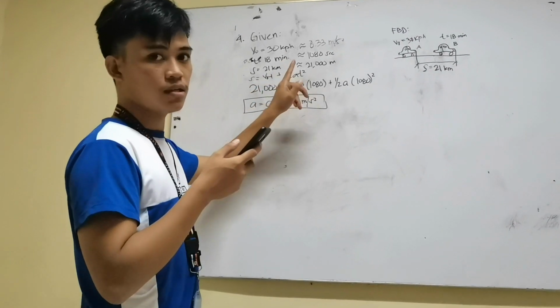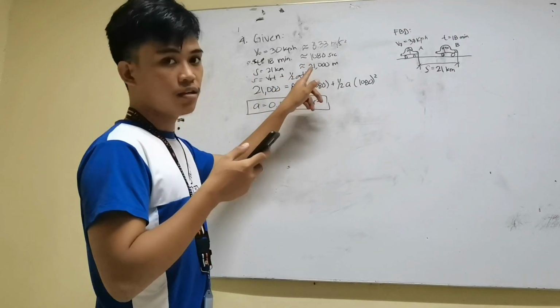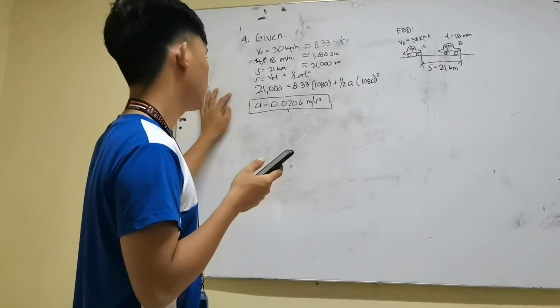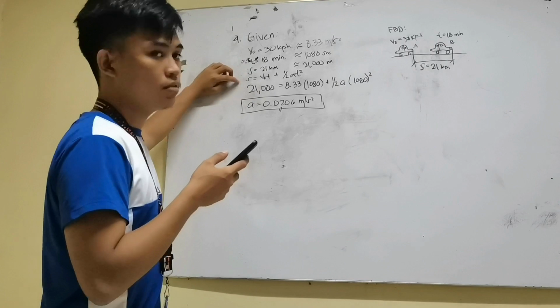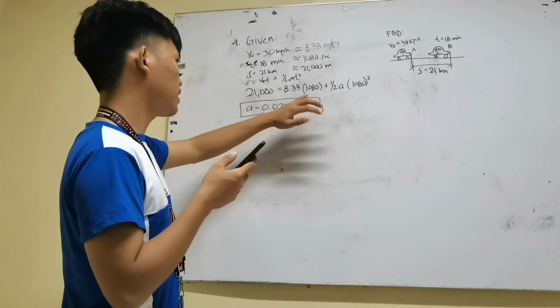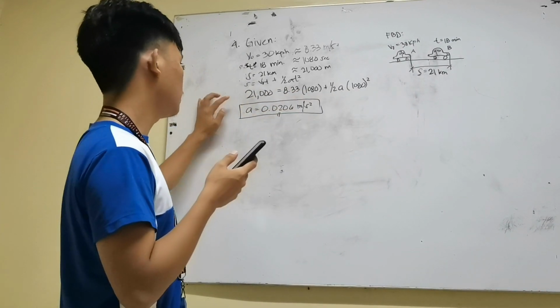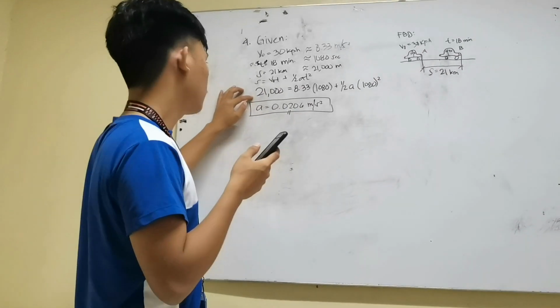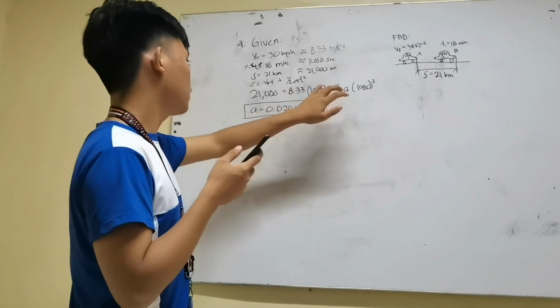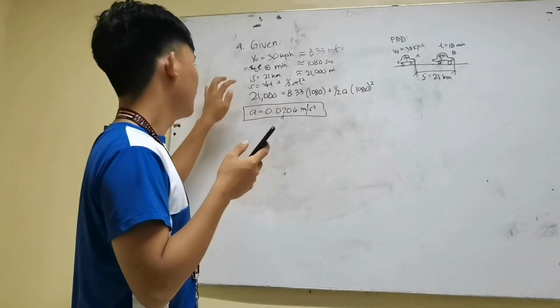So maya itong given S equals to V sub O T plus 1/2 times E times T squared. So makuha na to formula. So pang dito sa pangbutang. So natin makuha na to na butang na atong is